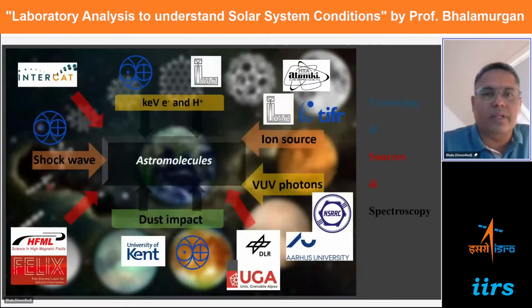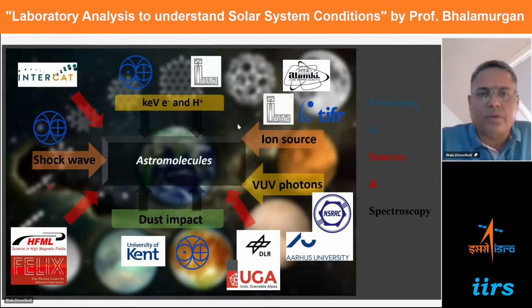I'll skip this slide, but this is what we use to understand the chemical reactions in space, because it's not just because of electrons or protons, or not the ions, or not just the VUV, the impacts of the shock wave. The impacts do associate, they do come with the shock wave, right? So they are like interlinked. It is a combination of almost all of these. So you need to understand what is happening among these